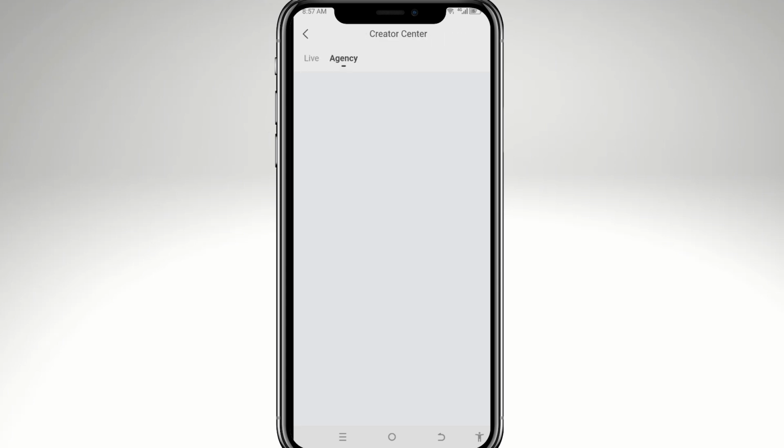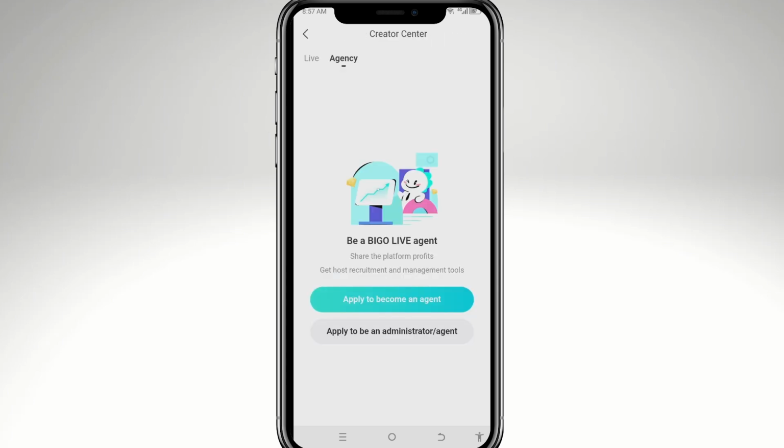Now, after that is going to be the agency section, which is ideal for teams and management. This is the part for people who want to manage streamers or maybe join a team. If you want to apply to become an agent, it lets you create your own agency. So as an agent, you recruit streamers like hosts, you help them grow, you earn a percentage of their income, and requires approval and sometimes proof of experience. If you want to become an agent or an admin, you can simply join an existing agency instead of creating your own. You will help manage hosts under that agency, and roles may include coaching streamers, monitoring performance, handling recruitment,